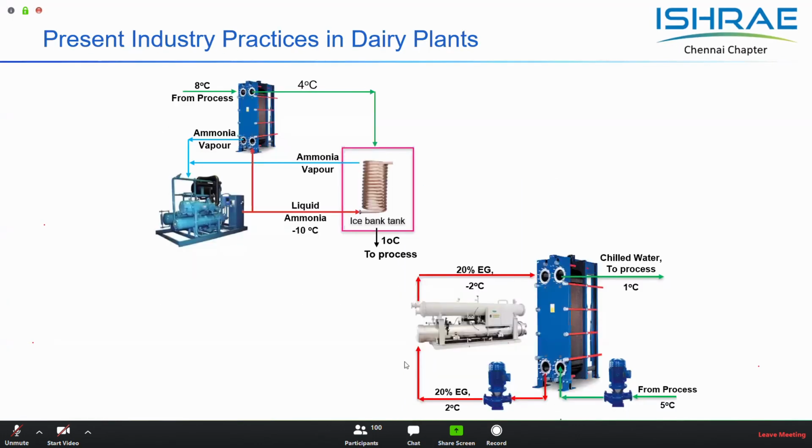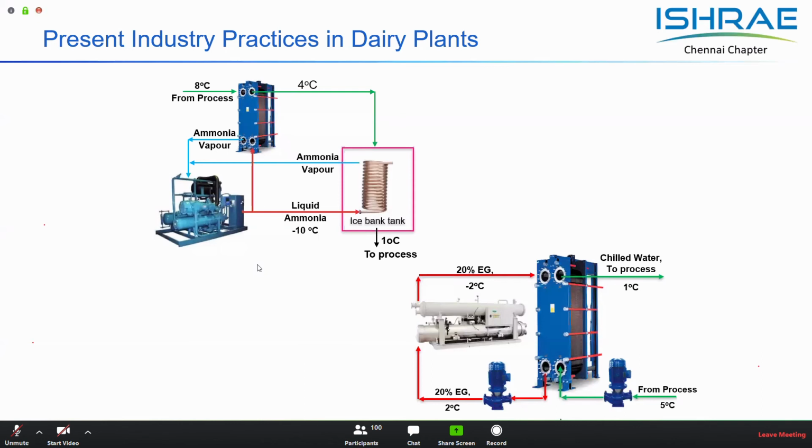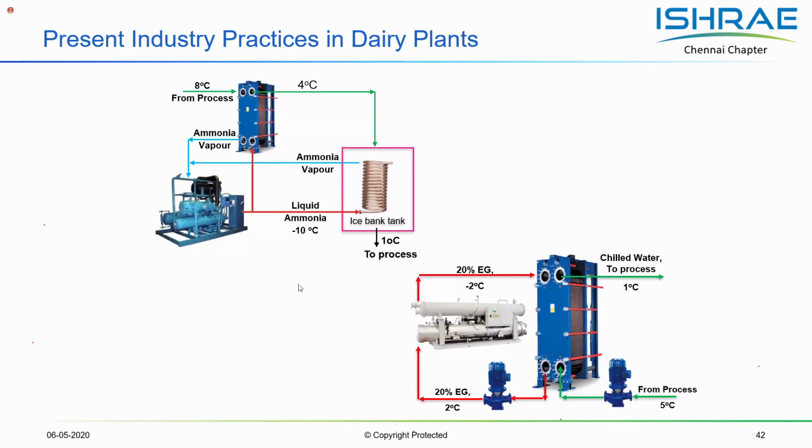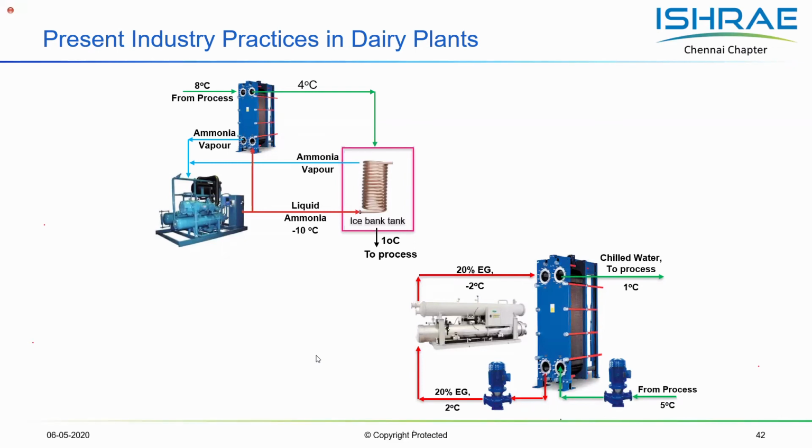So this is the conventional system versus what 1 degree water can do. Conventional systems generate lower refrigerant temperatures at -5 or -10 degrees Celsius, and store energy in an ice bank tank for usage later. This can be easily replaced with a 1 degree water system which is continuously operating. In the second system, you can see that there is an intermediate circuit put in place. So you can avoid the secondary power consumption, the secondary heat exchanger, etc., and you can make the system very simple.